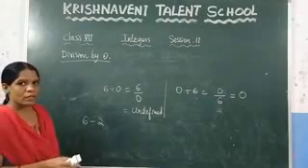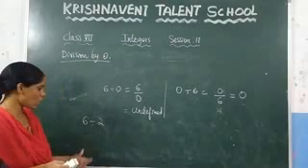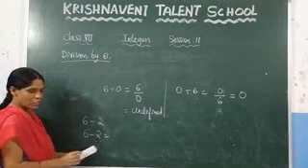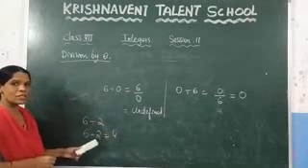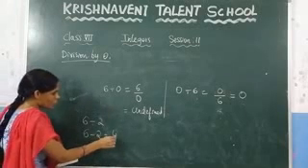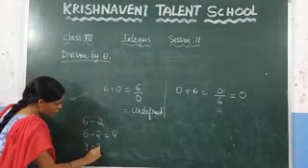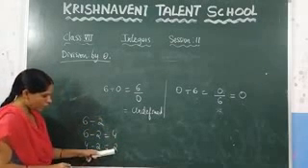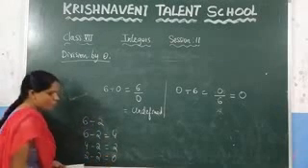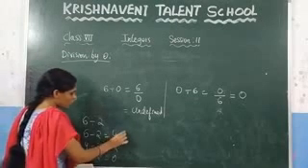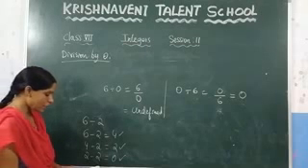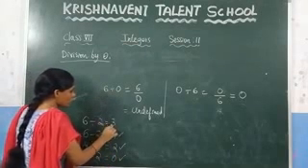By successive subtraction also we can do this. How? Here, 6 minus 2. What is the value of 6 minus 2? 4. And you have to do the subtraction until you are getting the remainder as 0. Again here you need to subtract 2 from 4. 4 minus 2 is 2. Now again this 2 you need to subtract from this 2. 2 minus 2 is 0. That means you are done once, twice and thrice. That means 3 times you have done it so that you are getting the result as 0. Because of this the answer is 3.